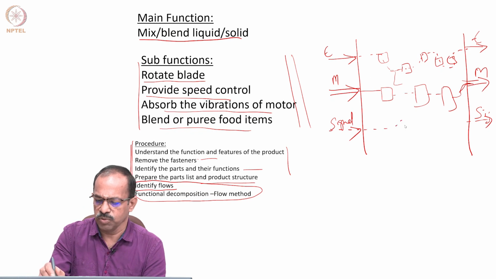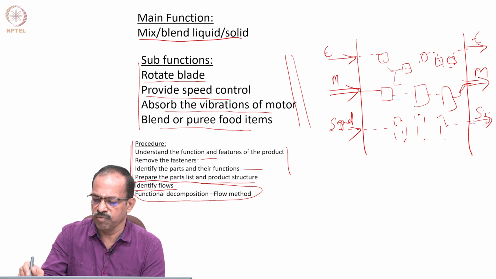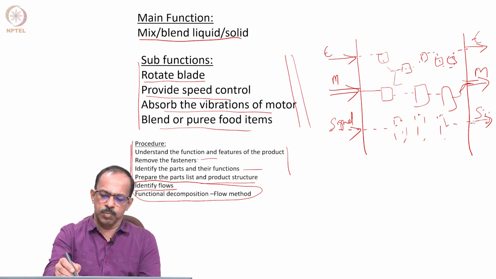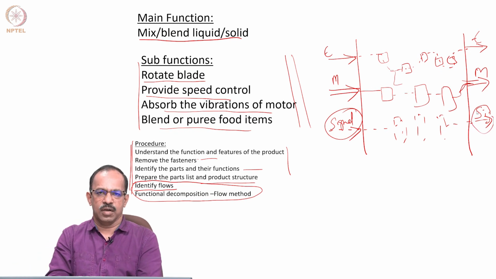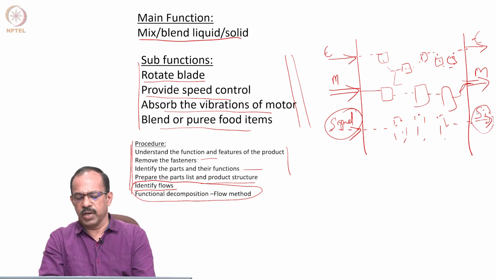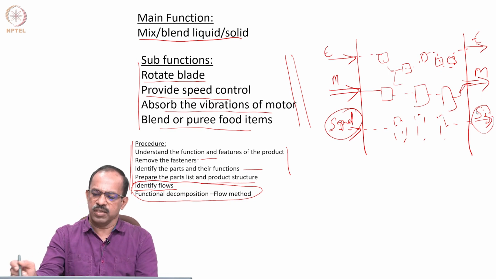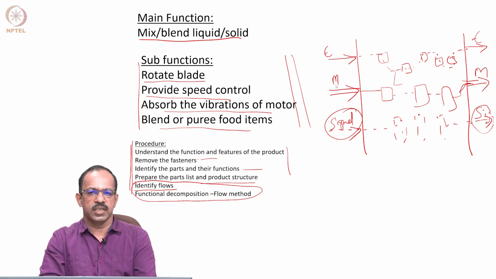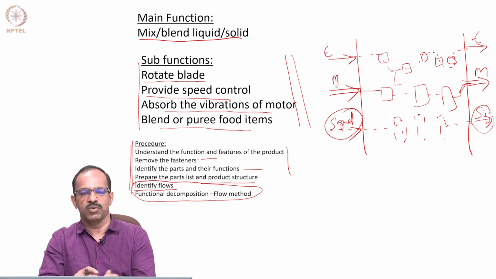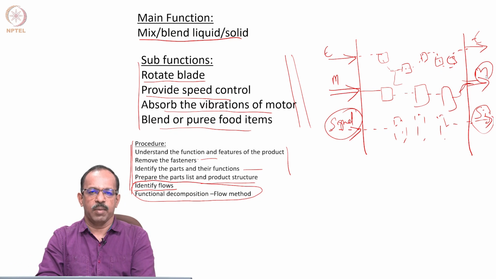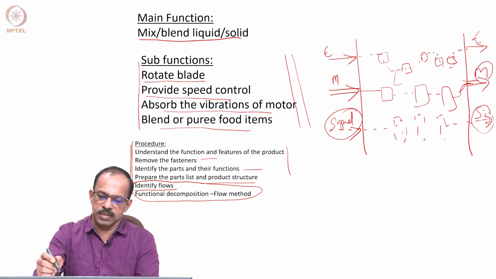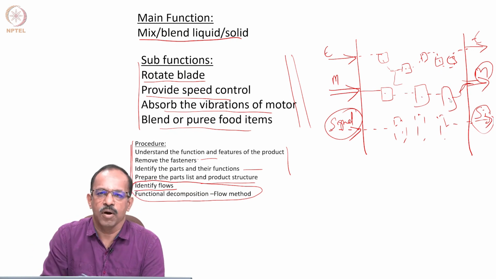Similarly, the signal also. So, you need to identify what the functions are which convert the input signal to an output signal, or what other things happen inside in order to get this conversion. For the material, maybe you are giving two liquids, or one liquid and a semi-liquid, and finally you are getting it as a mix. So, how is this happening? What actually needs to be done inside? That is basically the function of the product.